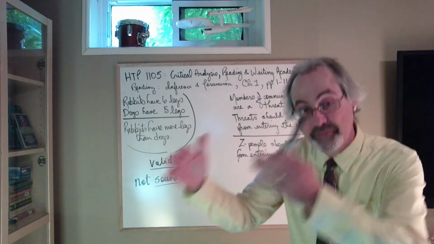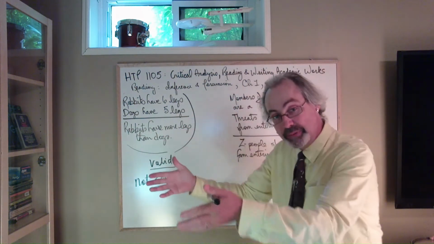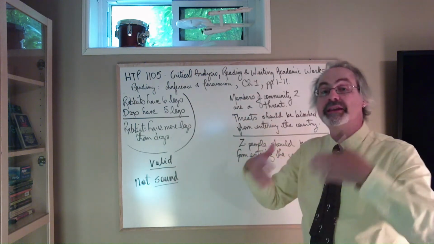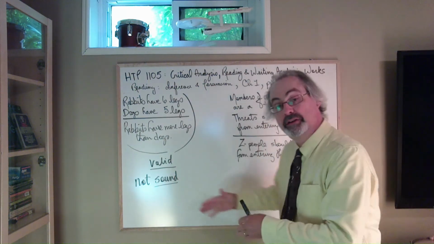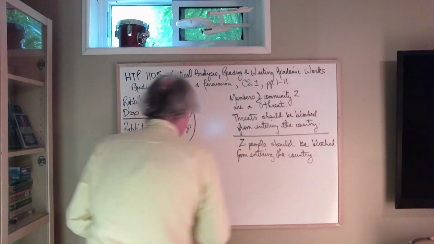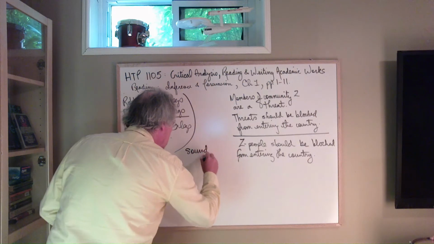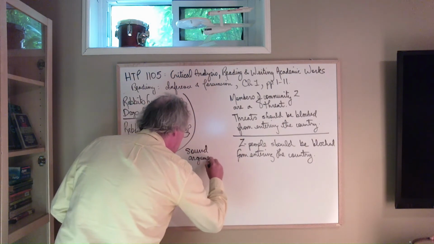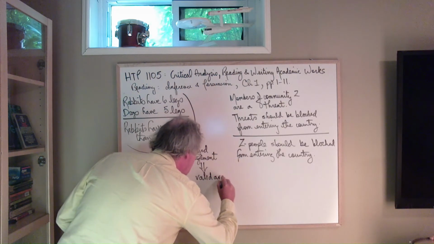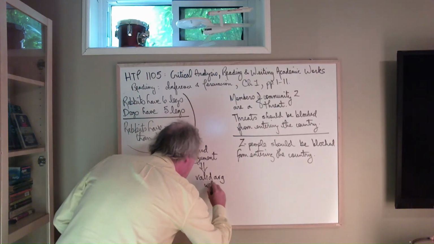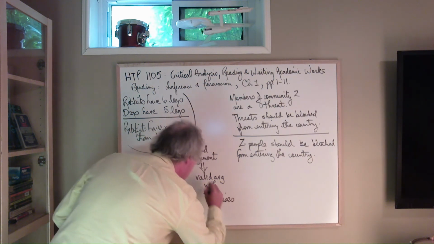Remember, when we introduced the notion of validity, we defined it as having complete support, and then we unpacked that complete support as, if the premises are true, then the conclusion must be true. I'm going to now build on that to give my definition of soundness. So in this case, a sound argument is a valid argument with